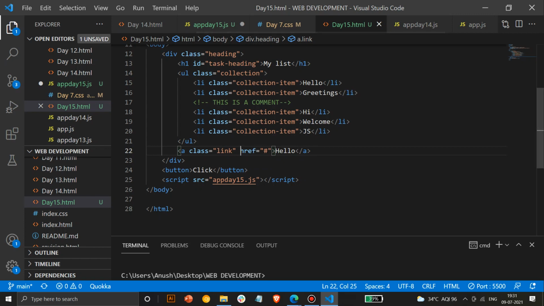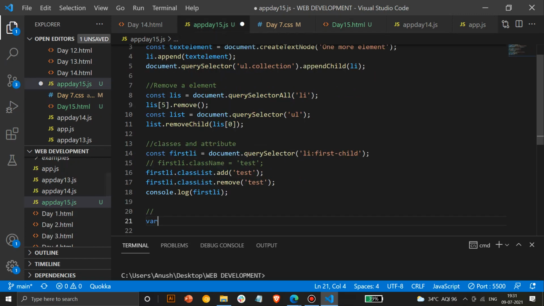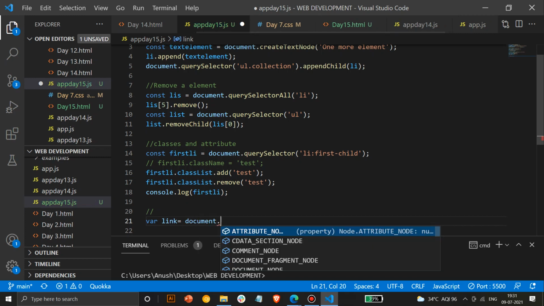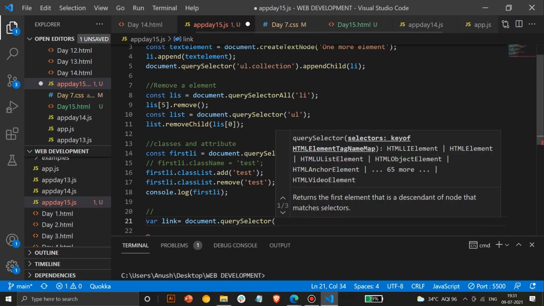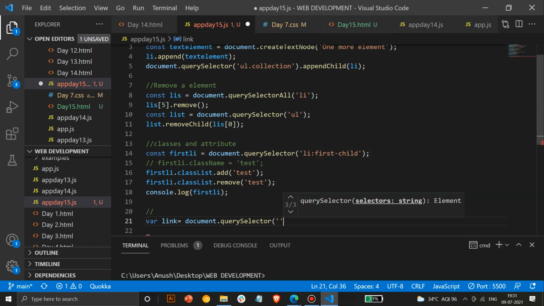Do give proper names. Here I am just using it for demo purposes, so don't keep names like this whenever you're studying. I'll create something named link, where link is equal to document.querySelector, and we'll get that particular element's href.